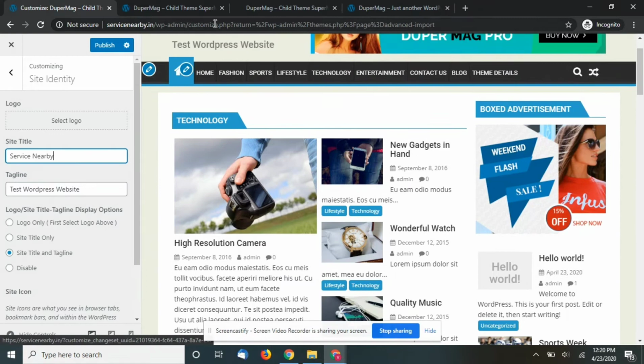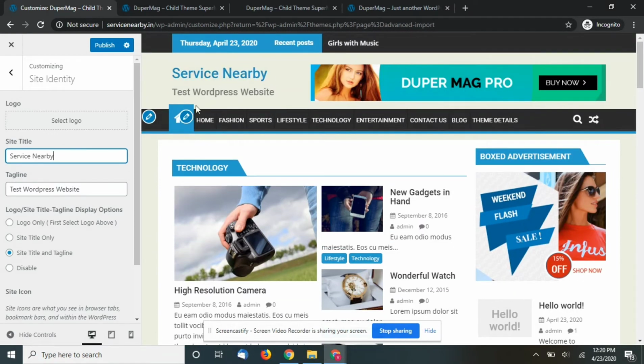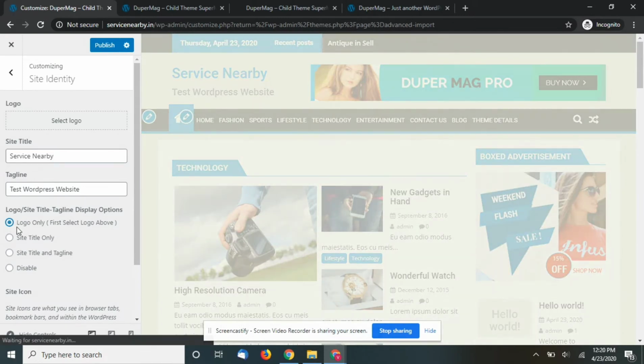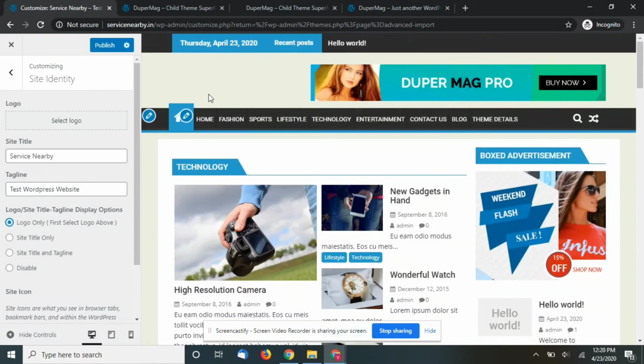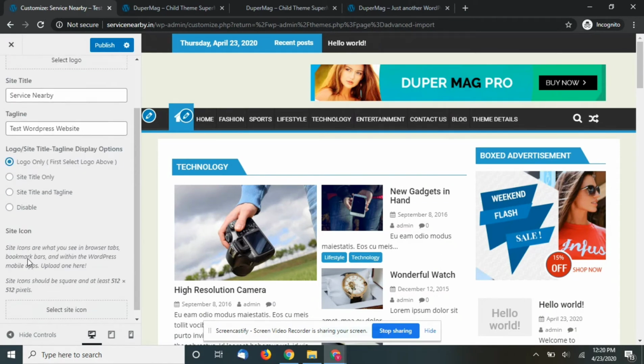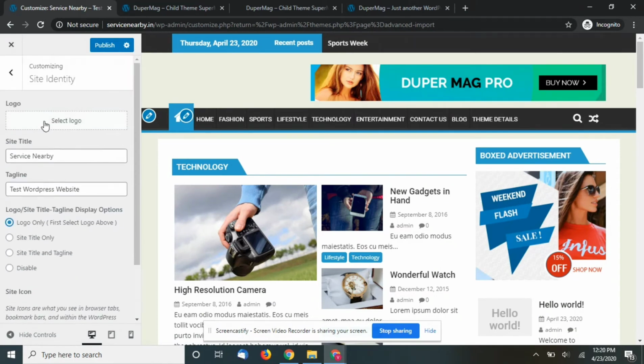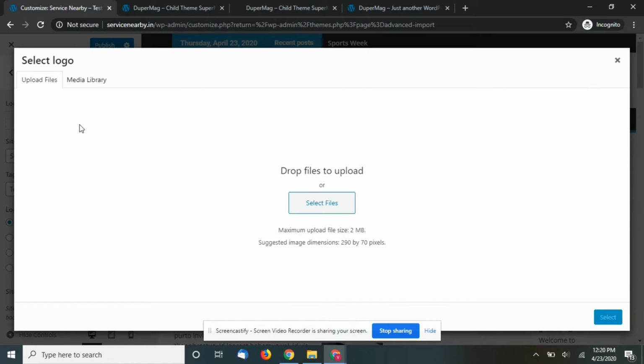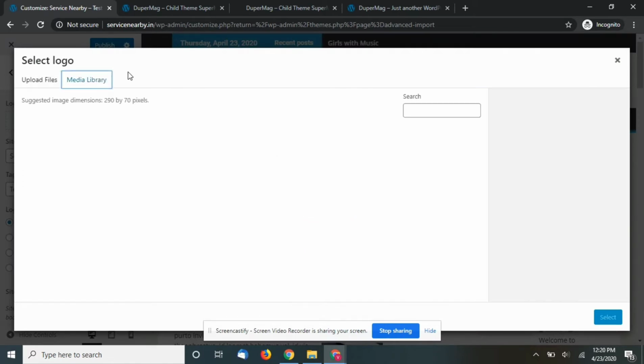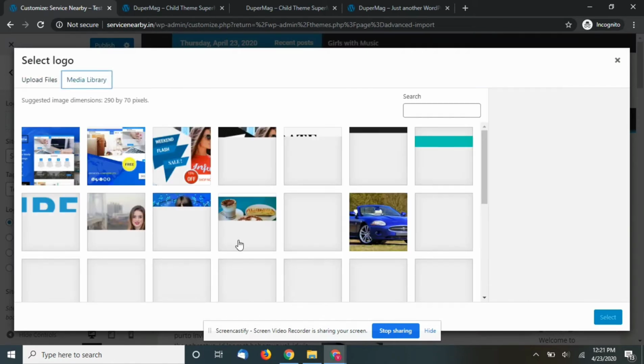You can see here the name of the website is written as a logo, but you can always change it to a logo image, so that instead of the text it will be a logo. Here you have to select the logo icon and upload your logo.